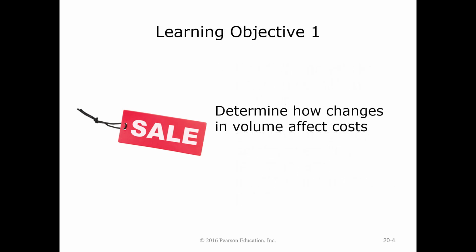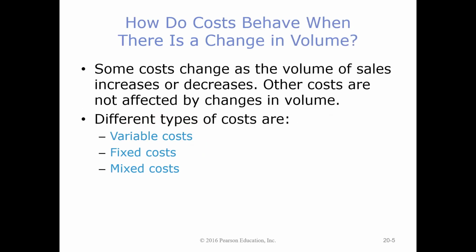At the beginning, we are going to explain how changes in volume affect cost types. Before I go into that, I have to tell you that we have three classifications of cost. In the last chapter, chapter 16, we classified cost into manufacturing and non-manufacturing, and then direct and indirect. In this chapter, we are going to classify cost in accordance with the change in volume, which means some costs, like the variable cost, will change